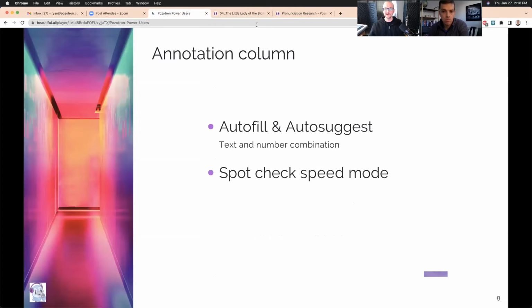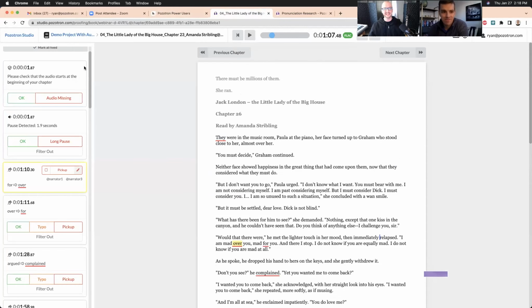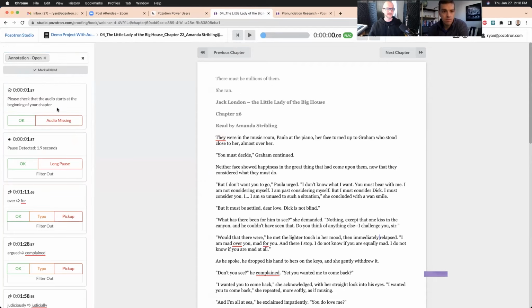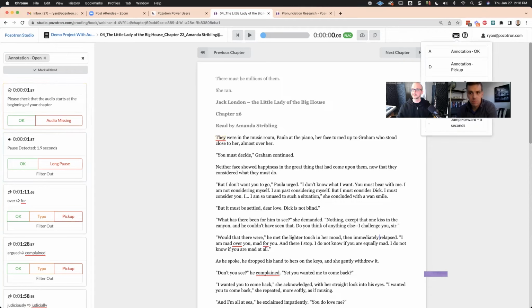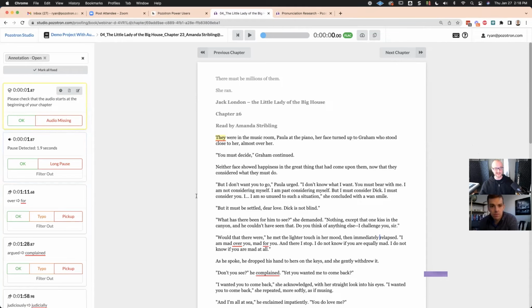Spot check speed mode. I still can't use this very well, but if you get used to it, especially in conjunction with just showing the open ones, you can hit play and hit these hotkeys right here. A and D. A is annotation, D is a pickup once you get started. And I don't know if you'll hear the playback, but